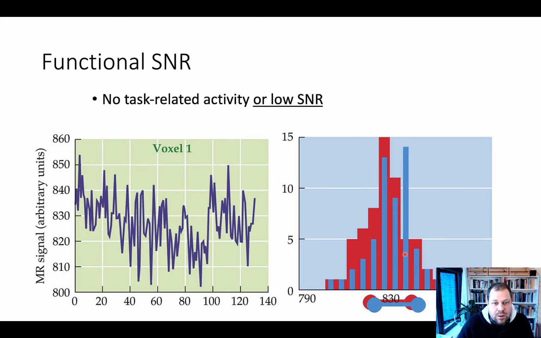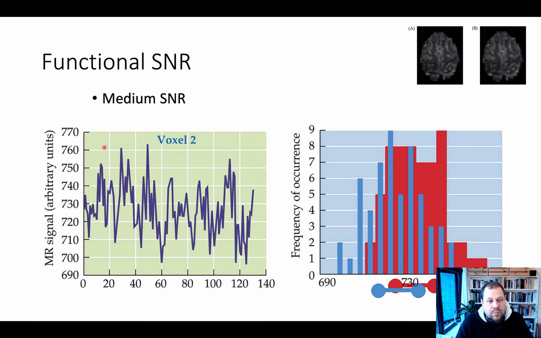So we can then also look at a medium SNR, where it gets harder to distinguish signal from noise. You can still see some form of pattern, but the pattern is much less distinguishable right now. And this then also obviously translates to the histograms. They are much harder to distinguish, and likely the standard deviation is too large for there to be a statistically significant difference between this. This is the kind of signal you would see in regions